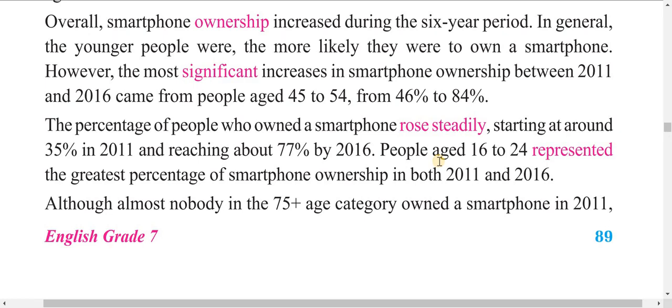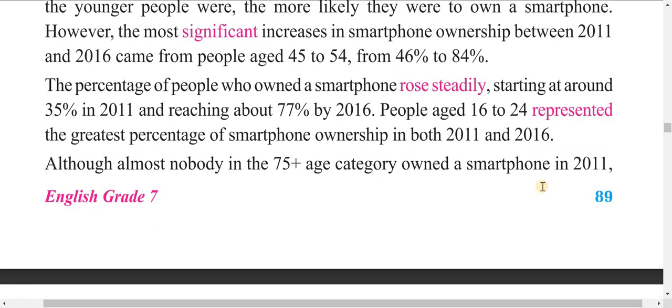People aged 16 to 24 represented the greatest percentage of smartphone ownership in both 2011 and 2016. र सबैभन्दा स्मार्टफोन लिने मान्छेहरू 2011 मा पनि 16 वर्षदेखि 24 वर्षसम्मको उमेर समूह थियो, people who fall between 16 to 24 years of age। 16 वर्षदेखि 24 वर्षसम्मको मान्छेहरूले बढी स्मार्टफोन लिन्थे, किन्थे 2011 मा पनि, अनि 2016 मा पनि सबैभन्दा बढी त्यही एज ग्रुपले 16 to 24 ले स्मार्टफोन प्रयोग गरेको देखियो।